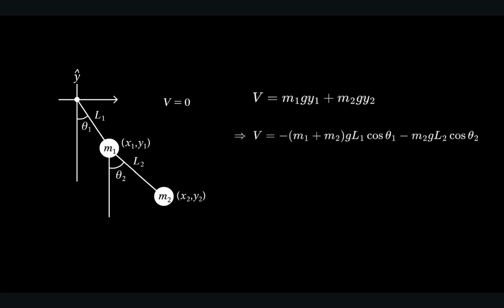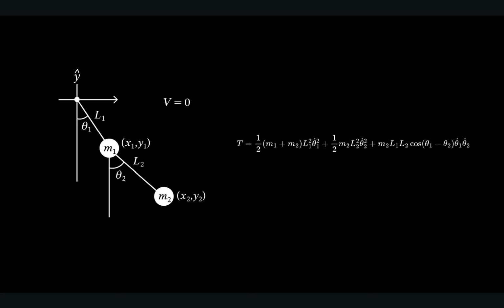The potential energy is given by V equals m1 g y1 plus m2 g y2. After substitution, the expression becomes V equals negative (m1 plus m2) times g L1 cosine θ1 minus m2 g L2 cosine θ2. Because the second mass moves with contributions from both angles, the kinetic energy contains nonlinear coupling